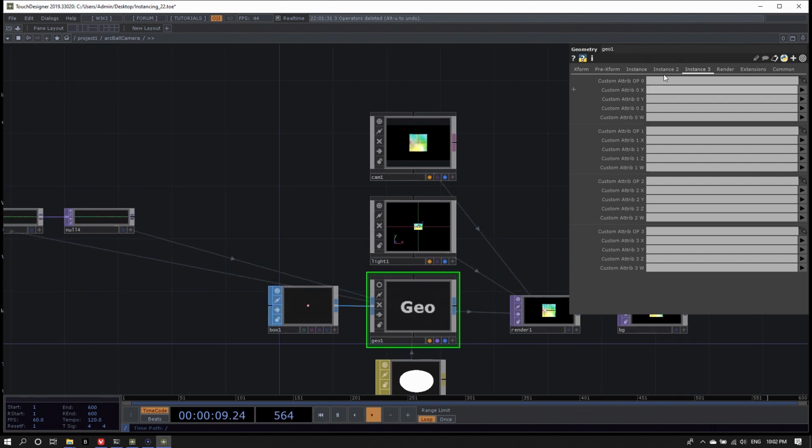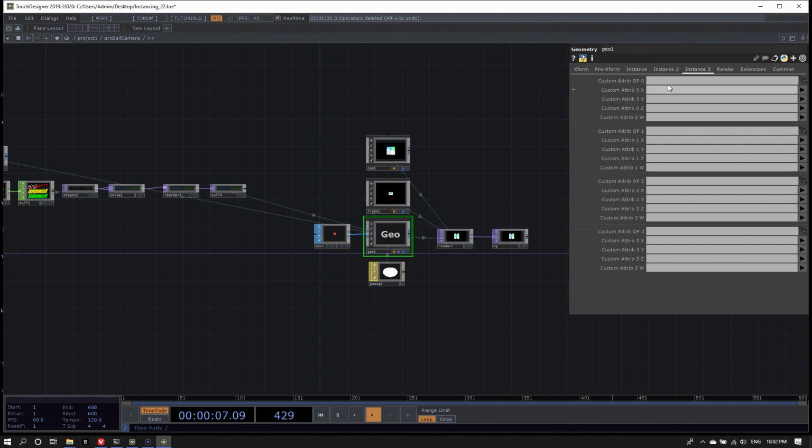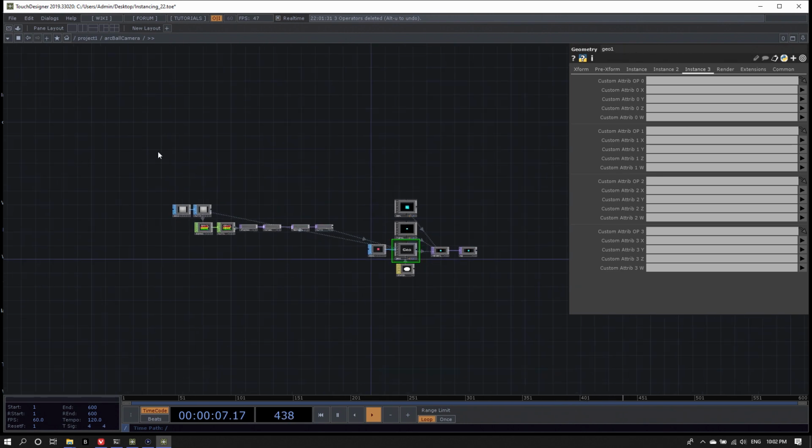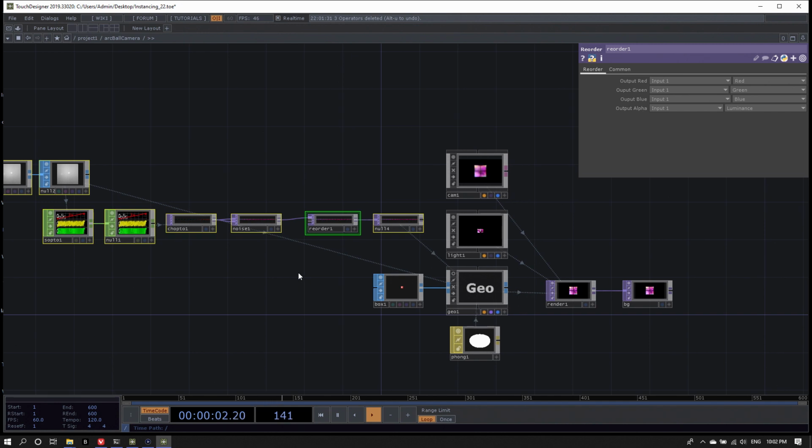Previously, when you worked with instancing, I often saved data into the texture coordinate, the W coordinate, because I usually didn't use it. This is not necessary anymore. You can have your own custom attributes and then use these when writing GLSL materials or something like that. So this is a really nice addition that makes it less complicated to build instances.